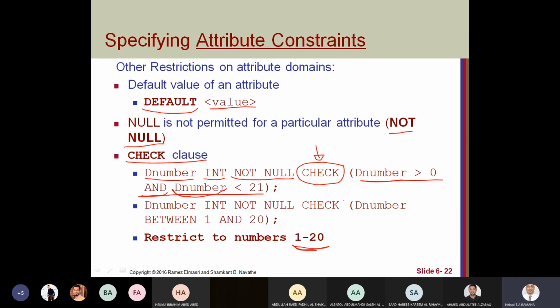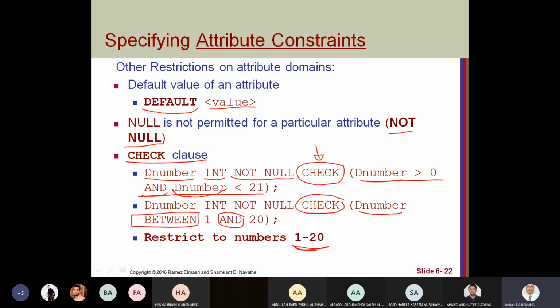Another way, I can use CHECK D number BETWEEN, another keyword, 1 and 20.